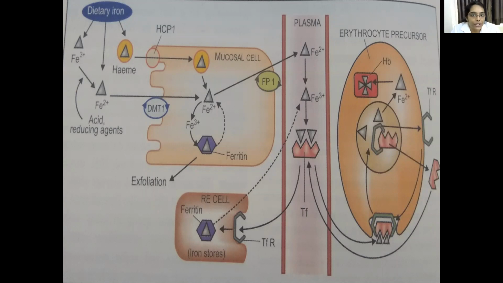Now, what about excretion? How much iron is excreted from the body daily? In men, normally a sufficient amount of iron is present in the body. If you take males, the amount excreted is 0.5 to 1 mg daily. That occurs because of the shedding of the GI mucosal cells and also because of certain RBCs which die, and also in the bile. In menstruating females, there is a loss of menstrual blood monthly. So the iron loss on an average in a month will be 0.5 to 1 mg per day.